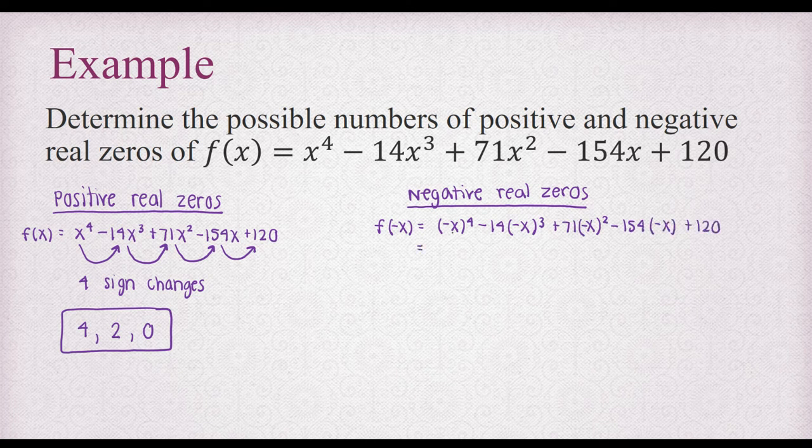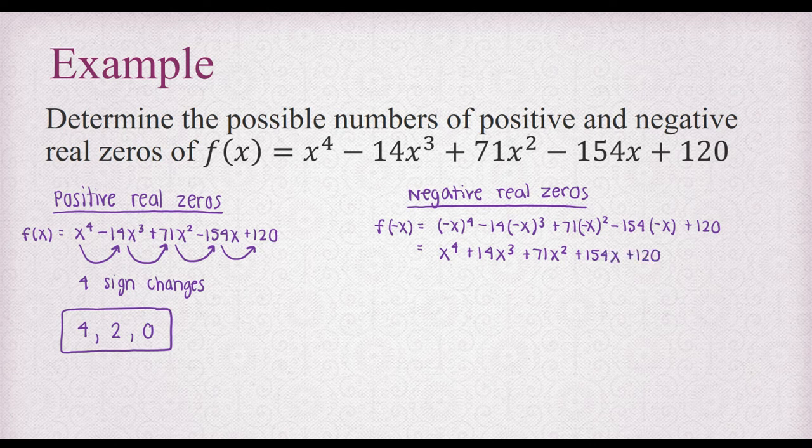All right, so if I raise a negative term to the fourth power, it's going to give me a positive. If I cube a negative, it's going to give me a negative. But since that's being multiplied by negative 14, we'll have a positive 14x cubed. If I square a negative, it's going to give me a positive. It's being multiplied by a positive number. When I multiply two negatives, it's going to give me a positive, and we didn't do anything to the last